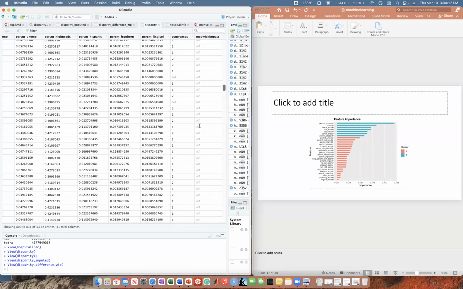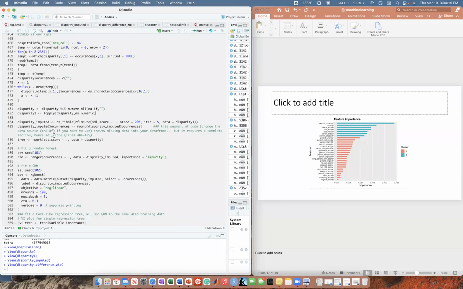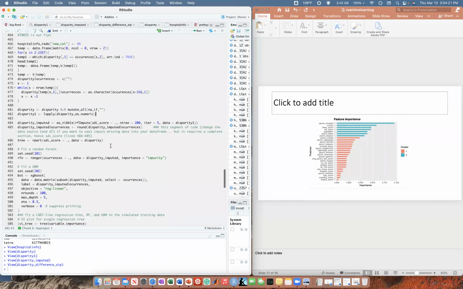And I have a whole bunch of NAs. So what I told R, I use a fancy technique called imputation. What imputation does is generate these random forests, using what it knows about the missing variables. It'll have a whole bunch of forests and maybe only 10 of them include the variable that's missing.